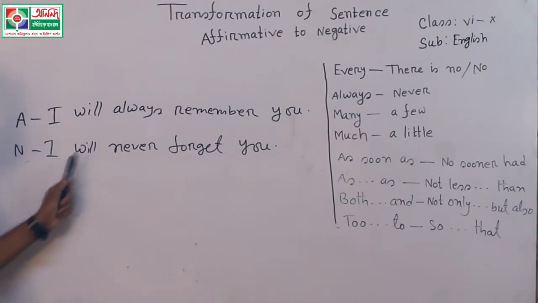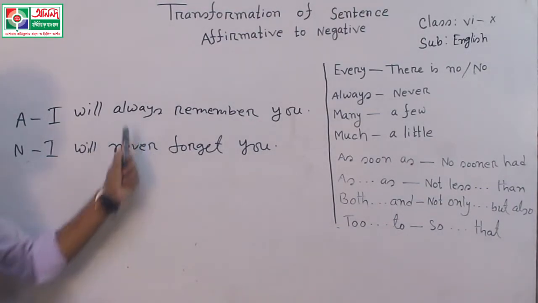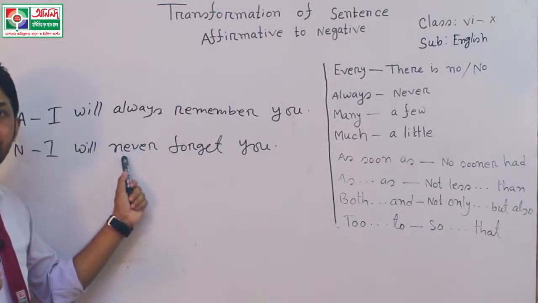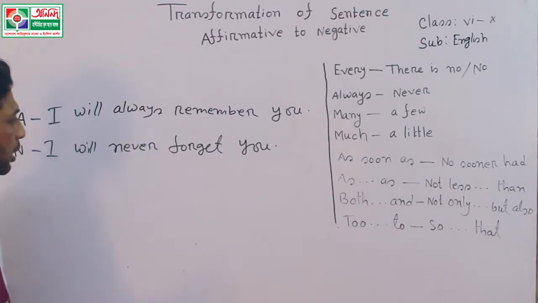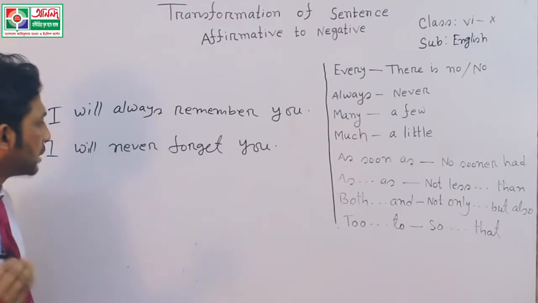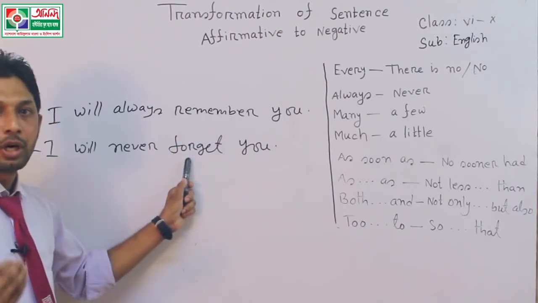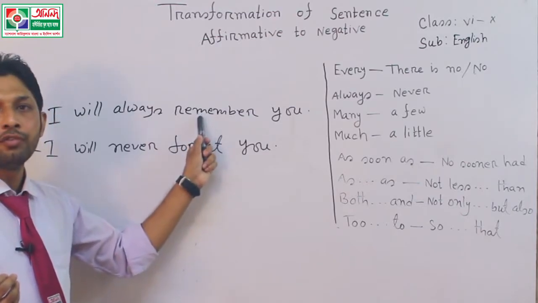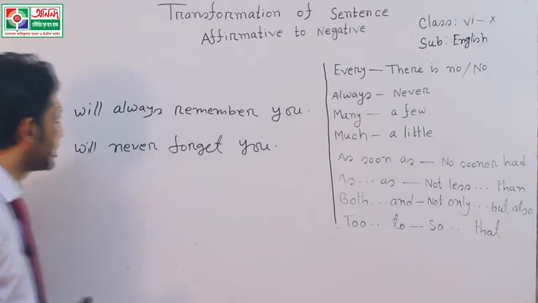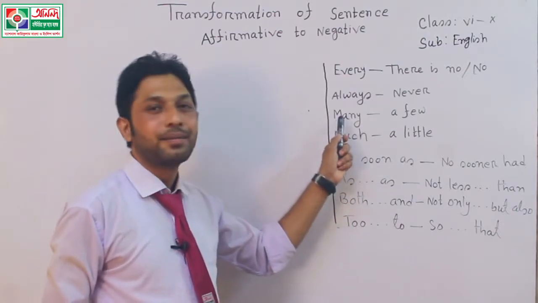In this negative sentence, I have used never instead of always, and we know that when we use the word never instead of always, then we have to use the opposite word of verb, adjective or noun. That's why we have used forget, because forget is the opposite of remember, and nothing else has changed in this sentence. Okay, dear learners, after that many